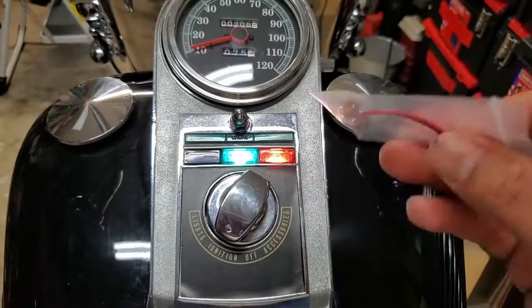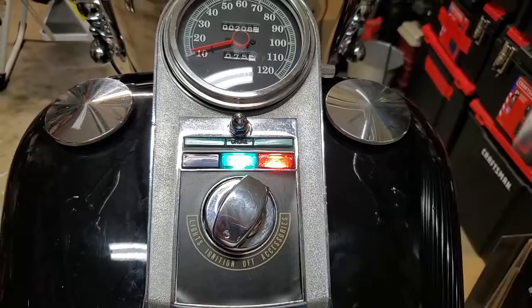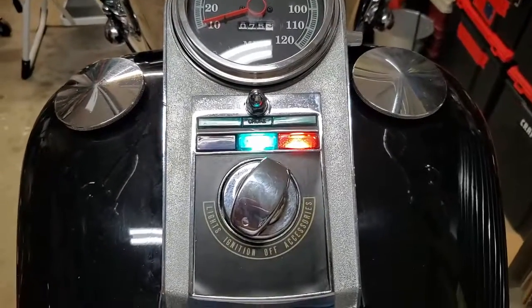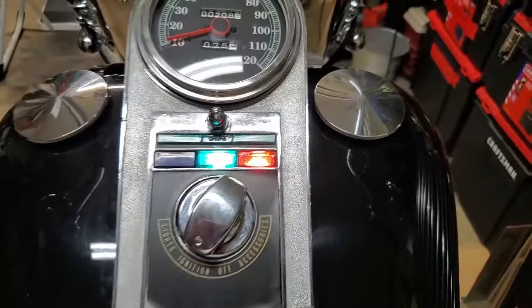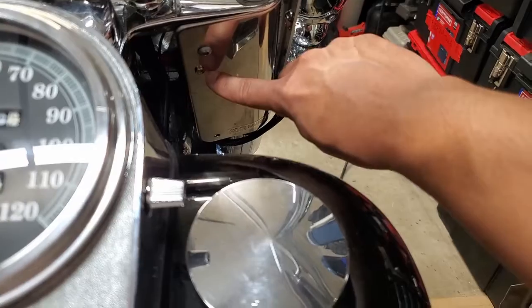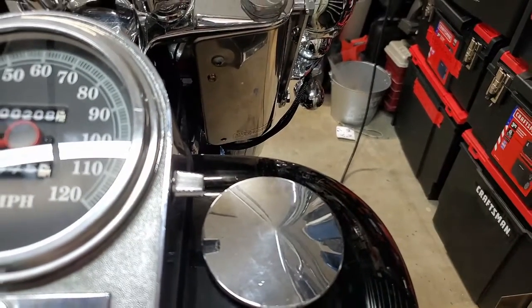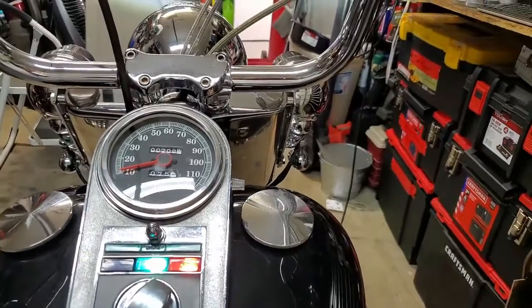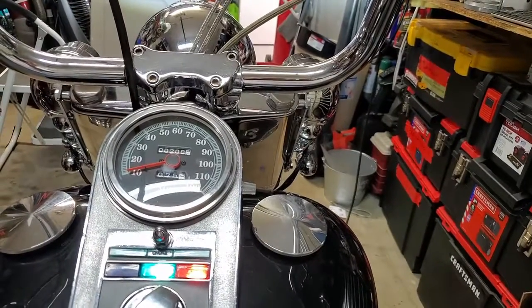I want to say it was like 10 bucks. Same thing with those other LEDs there. I think it was like 12 for 10 bucks or something like that. You got a whole bunch. And I installed them right there, just so it would be in my view as I'm riding, so that way I didn't have to actually look down to determine whether or not my